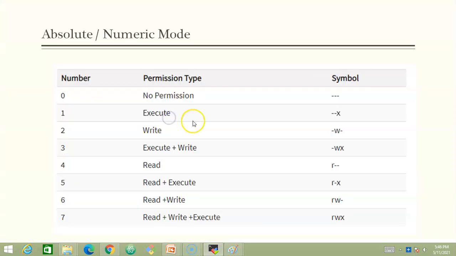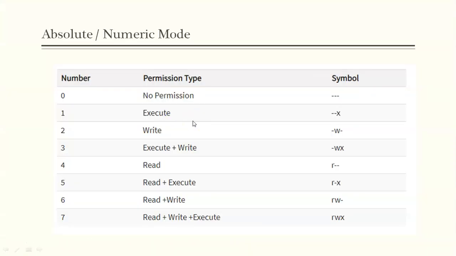So this is a basic and clear understanding of how to change the Linux file permissions with the help of the numeric mode. I would definitely suggest everybody not just to listen to my class, but I would request everybody to practically check whether you will be able to change the Linux file permissions or not. Based on that, you should be able to get a better understanding and better experience in changing the Linux file permissions using the numeric mode.